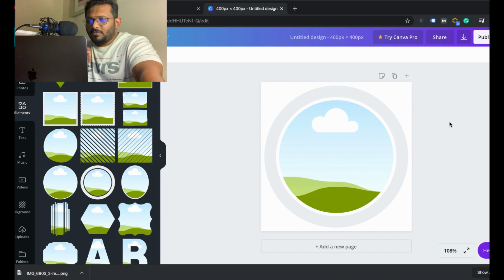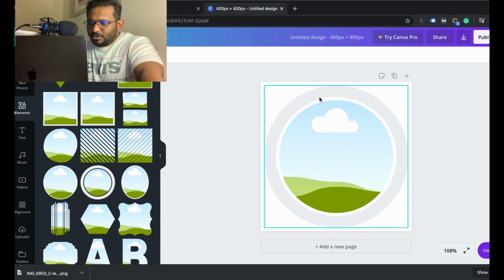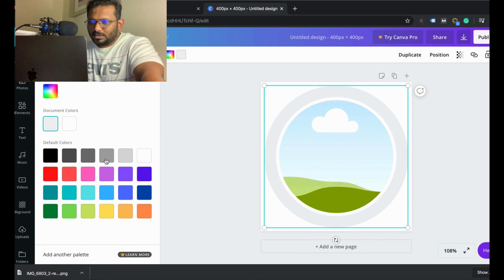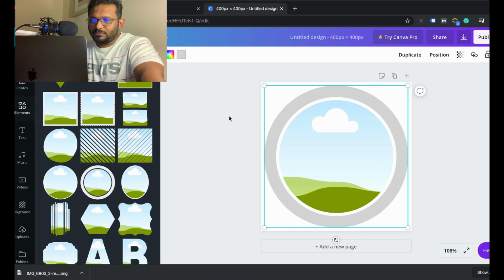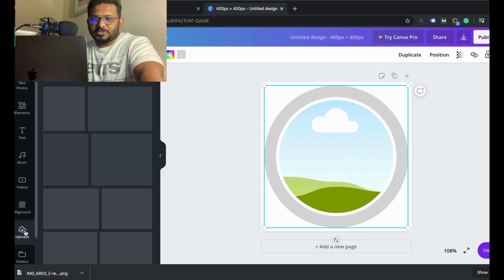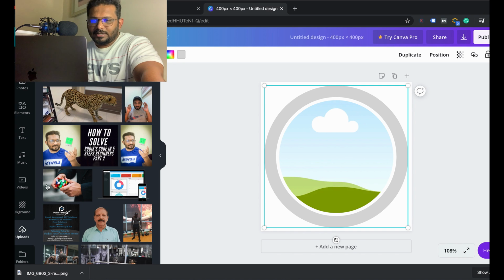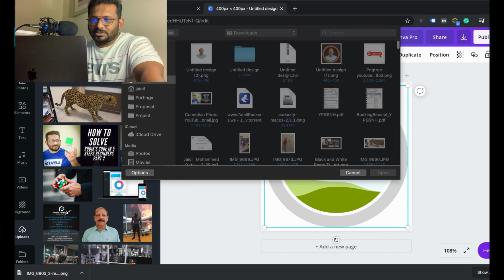Click outside so that the frame is selected. When you click on the frame, you can see colors over here. If you want to change the border color you can, but we will come to that part later. Let's go with the default one. Now we need to upload the picture we selected. Upload an image.